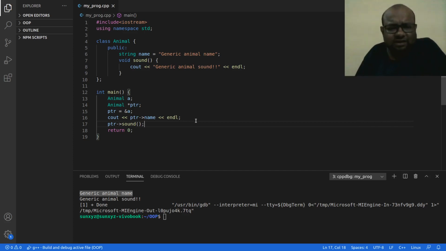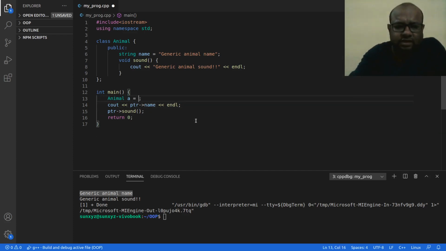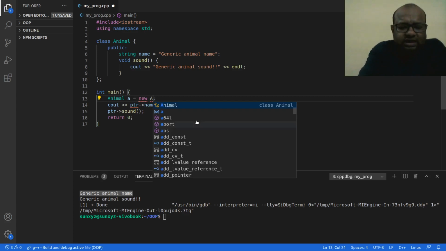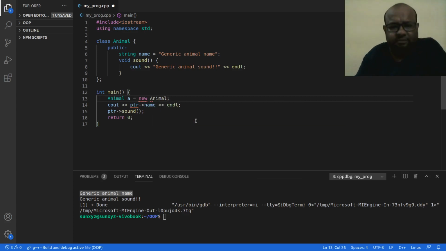But still, understand that we already discussed in our previous video that when I create local variables, they are allocated memory on the stack, but I don't want to allocate memory on the stack. I want to allocate memory for this object on the heap, right? So this is what I am going to do. I use this keyword new in order to create this animal object on the heap, right?